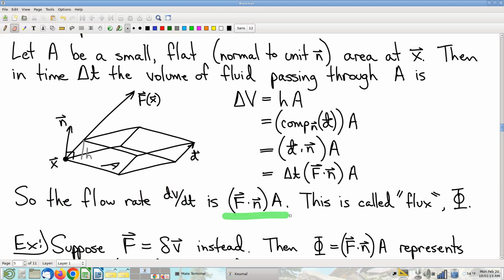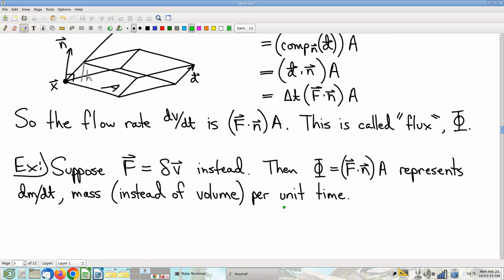How much total quantity of fluid in terms of volume per unit time? And then we also saw that if you throw in an extra factor of density on the vector field, then you don't get volume, you get mass per unit time, which I think is a pretty easy pitch. I mean, volume, density, mass, we already knew they were related. Okay, all right, so we had that.